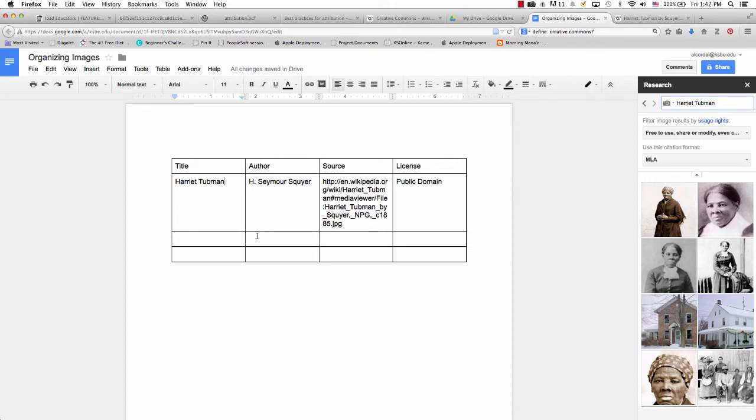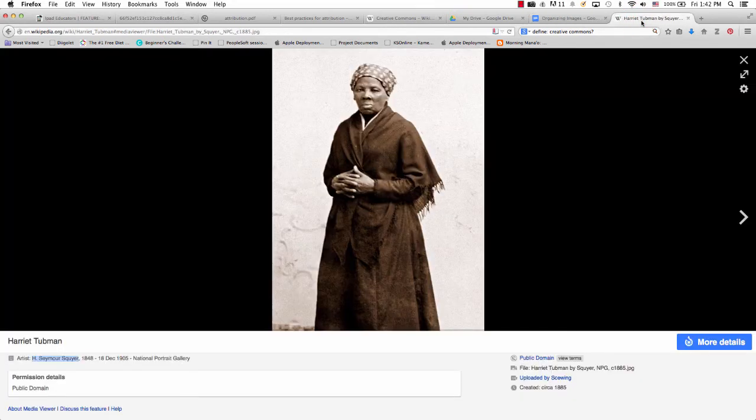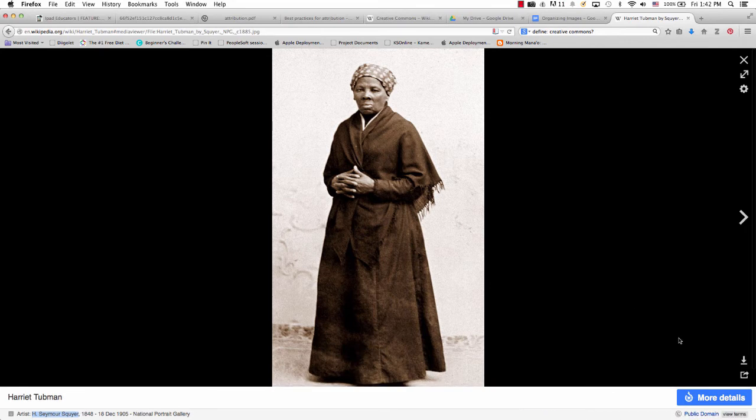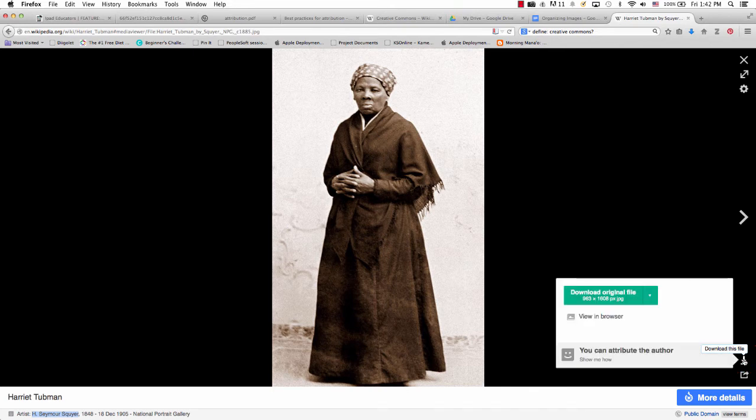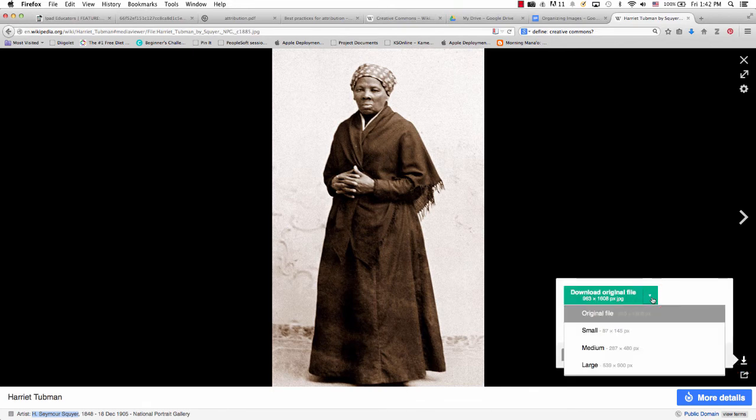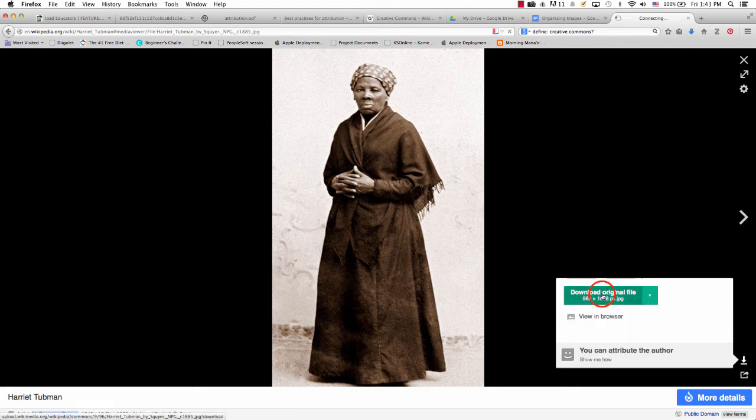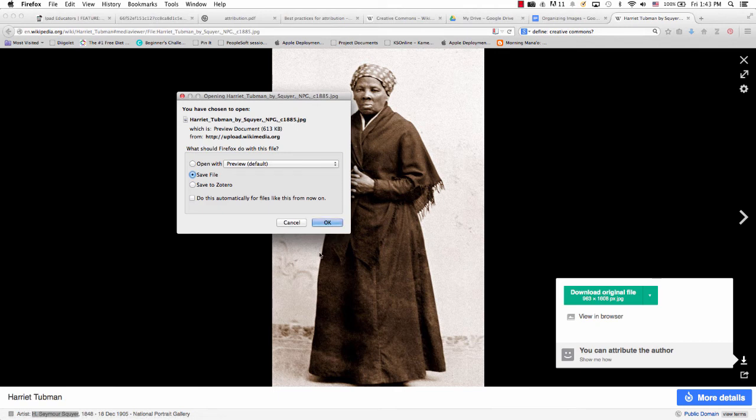Now, one thing that's really important for your project is that you download the images you find in the highest quality possible. So I'm going to hide these details actually, and notice there's this little arrow right here pointing down. So when I click on that, that means download the file. Now notice there are different sizes that you can download this image as. I want you to download the original file because that's the biggest that it's going to be, and then just